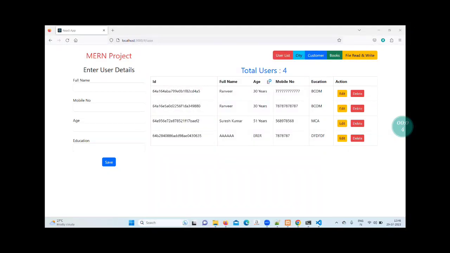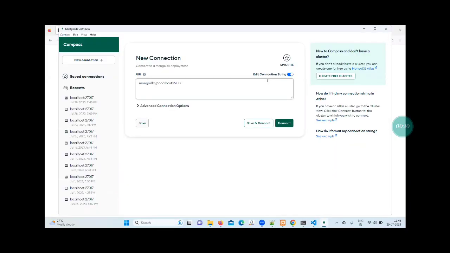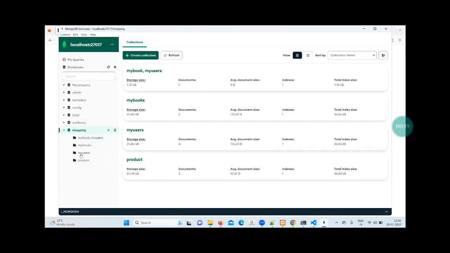Open the MongoDB Compass. Connect it also. Then under the shopping, we have to create one more collection. Connect to the Mongo Compass. Go to the shopping. Shopping opened. Now under the shopping,